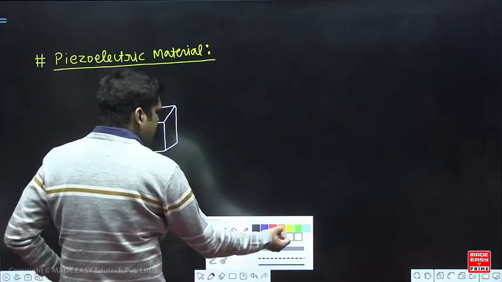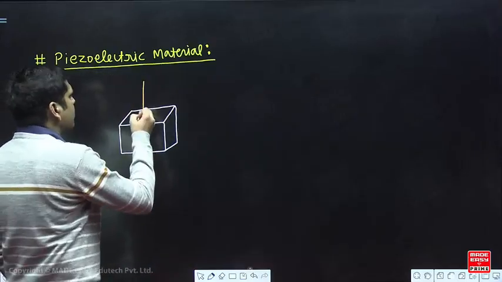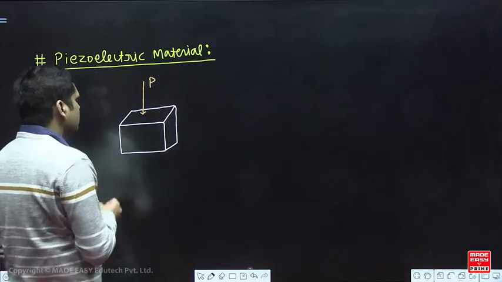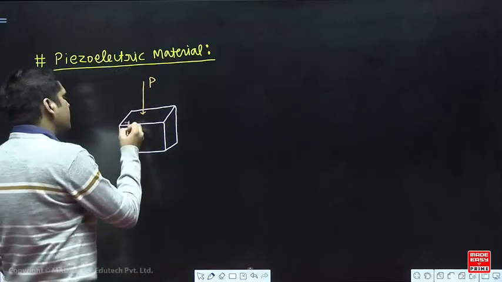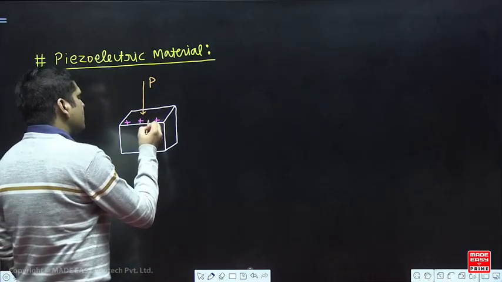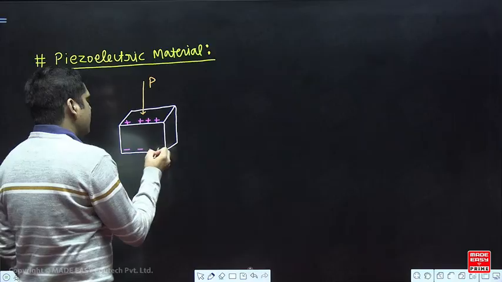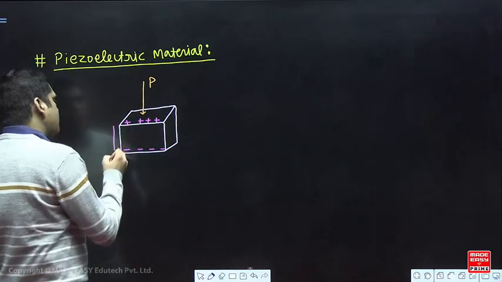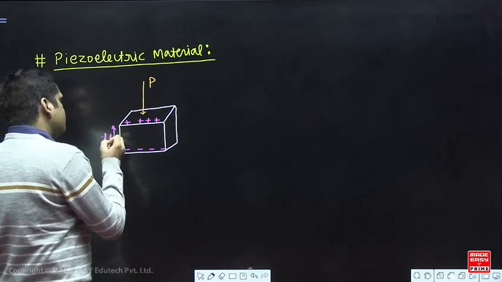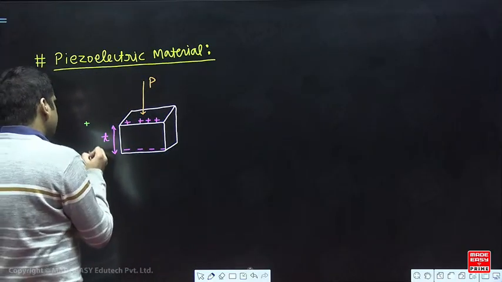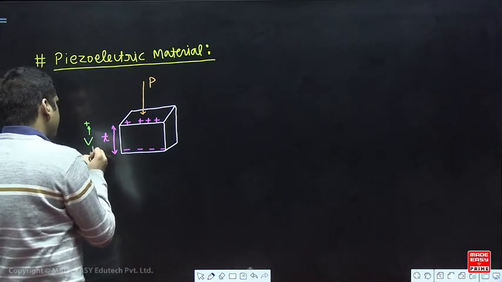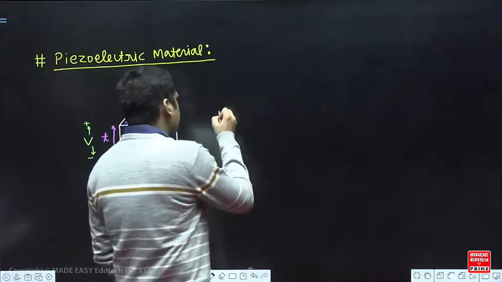So in these ionic materials, if you apply a mechanical pressure uniaxial, किसी एक ही एक्सिस से अप्लाई करें, then positive and negative ions are getting displaced across the thickness of the material. So across the thickness of material, a voltage is induced in the material. This induced voltage is given as